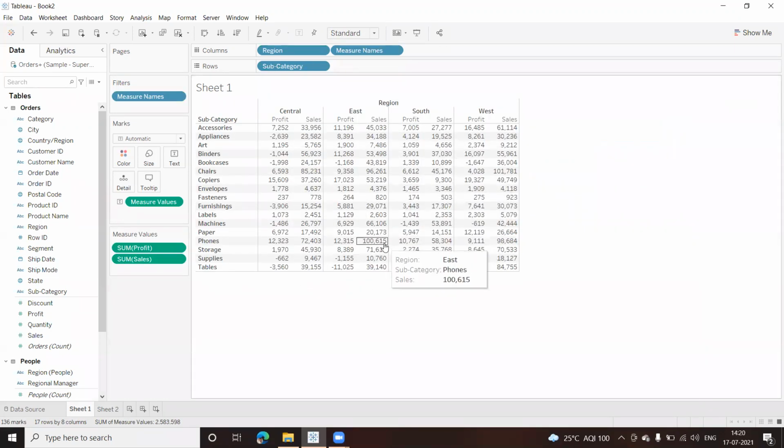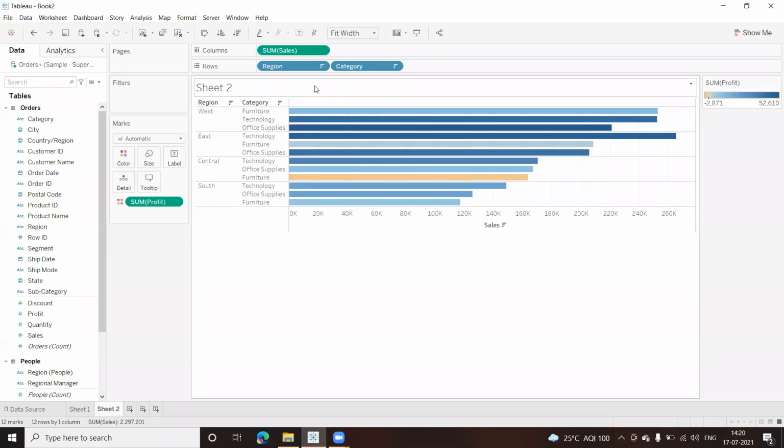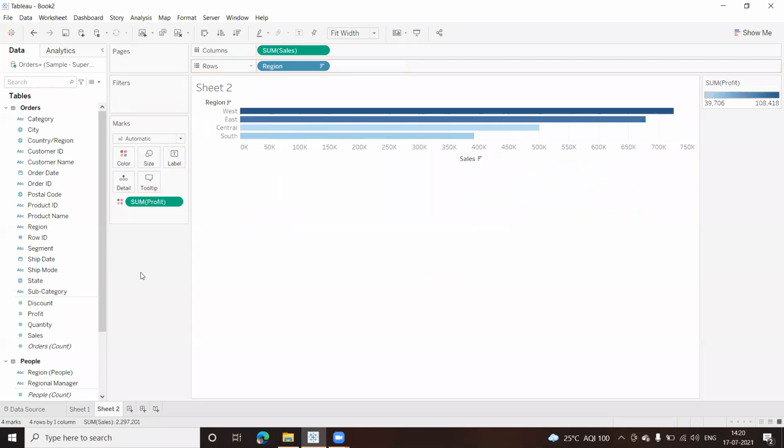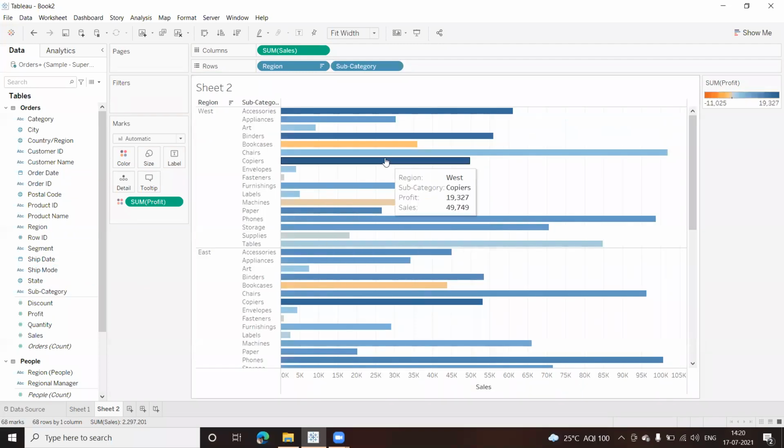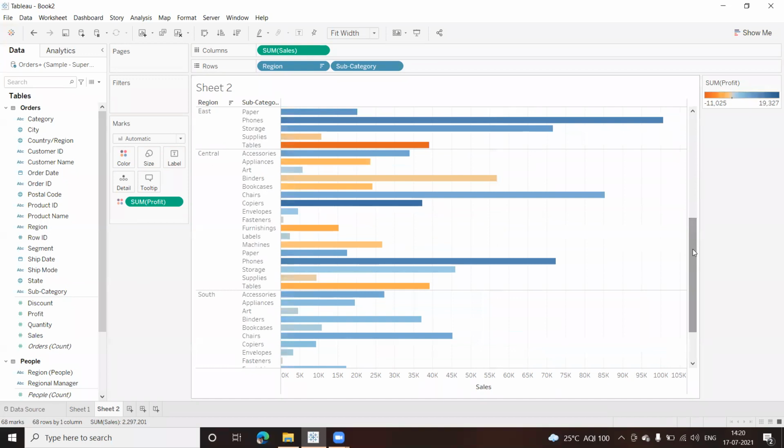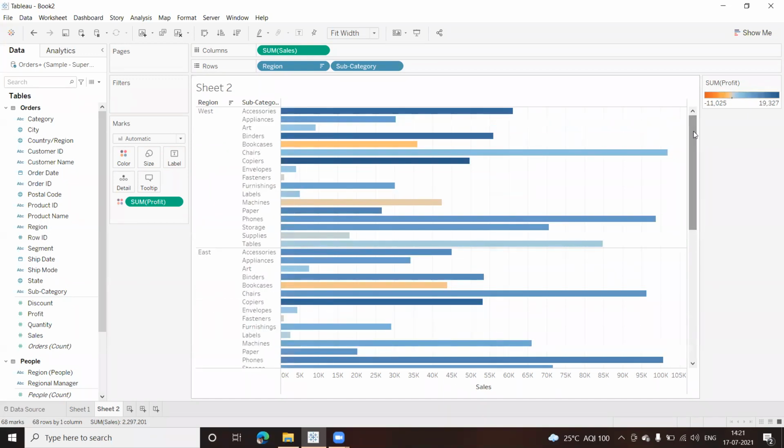Looking at this example, I cannot tell which subcategory is giving you losses. But if I change this, and instead of category I put in a subcategory, looking at this, immediately I'll get to know something. Now, as this is again scrolling down, we can arrange this in a better way.